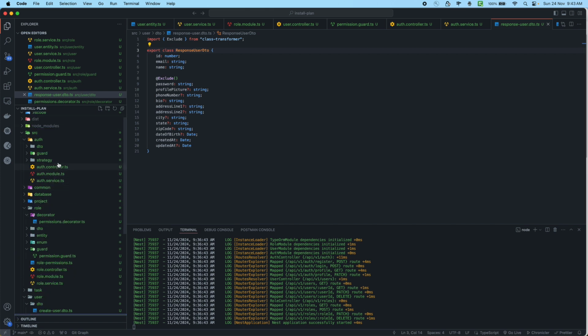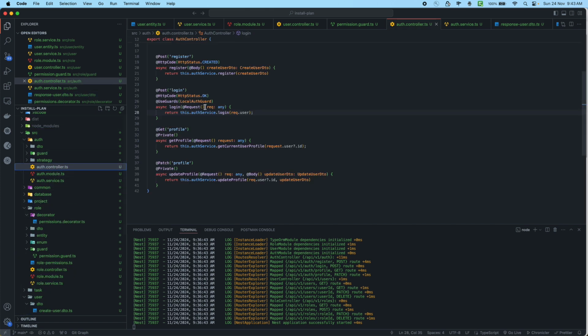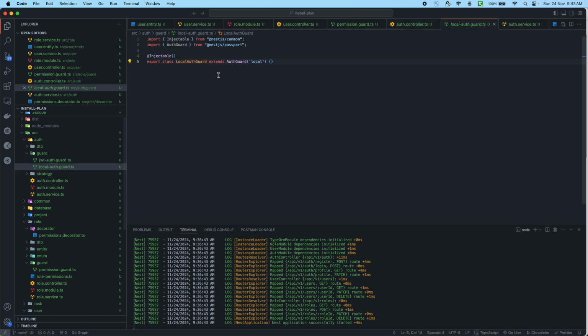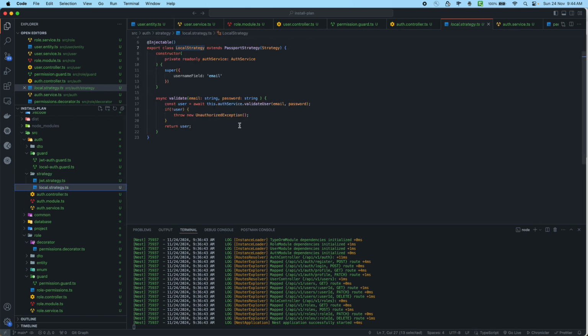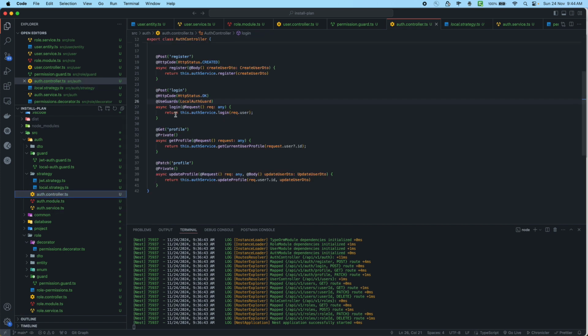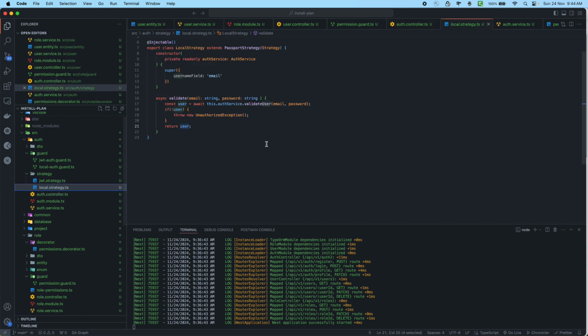In authentication, first it starts from here. It first authenticates, then it validates users, and then it sets the user in the request. Alright, and then next it passes that object here. Okay, so what we will have to do is, when it is actually trying to validate the user